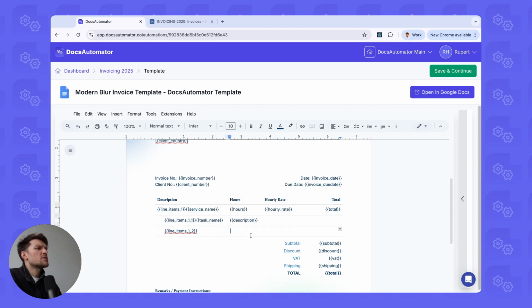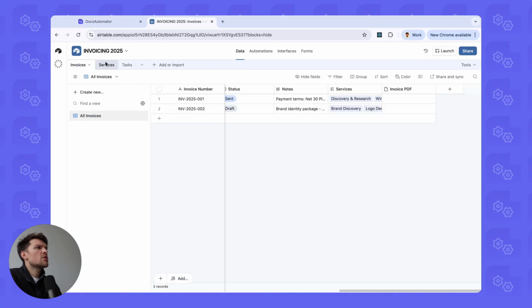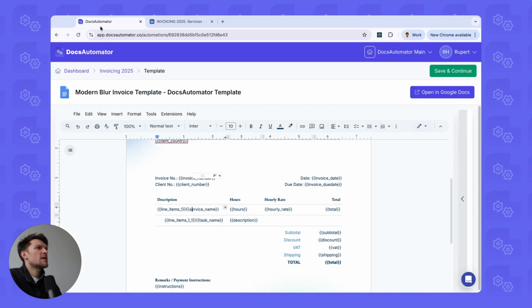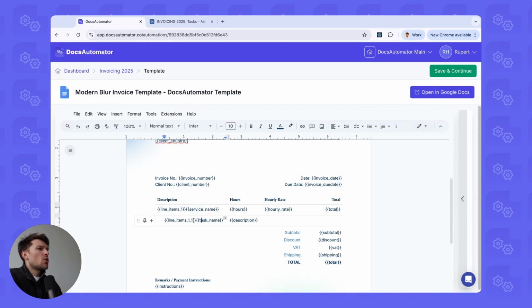For our use case today, we don't need this because what we do is we have our invoice details around this, and then we print our services. So the list of services from our services table, and then every service gets tasks from our task table. So a little bit of extra syntax added in templates, which is quite handy because in the nested